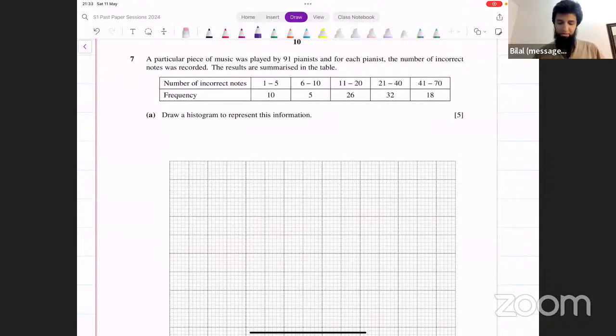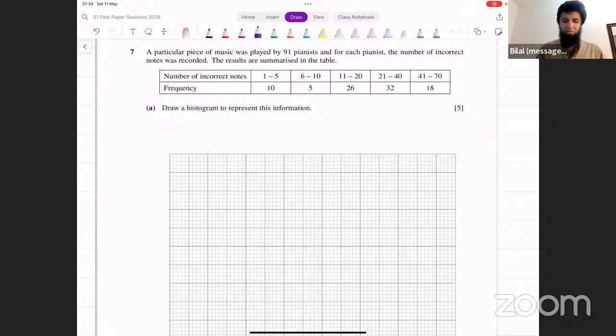And we will end this here. The next is just about the histogram. You have to make sure that you adjust these gaps before you draw that histogram. Okay, make sure to adjust these gaps, and then your class width will be calculated using those adjusted intervals. This will be